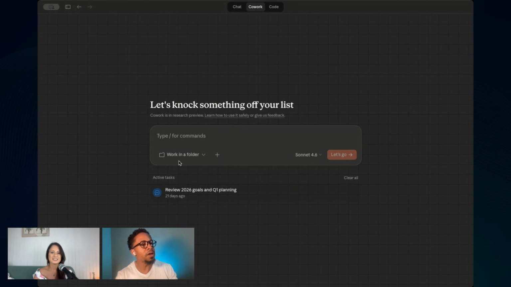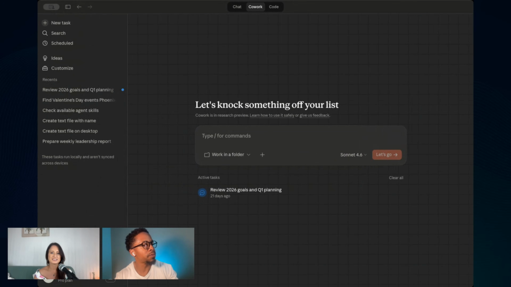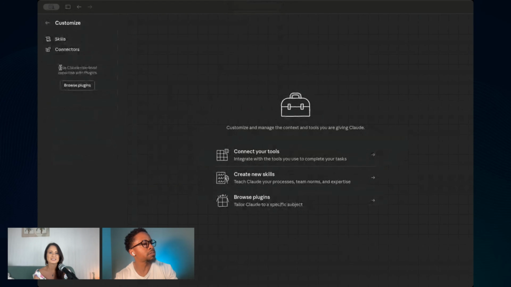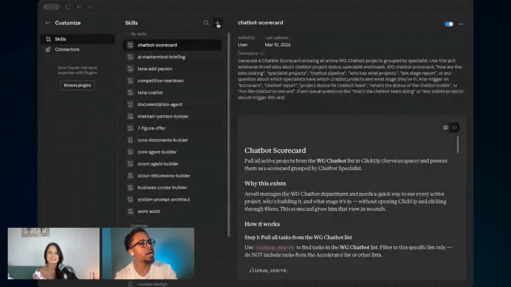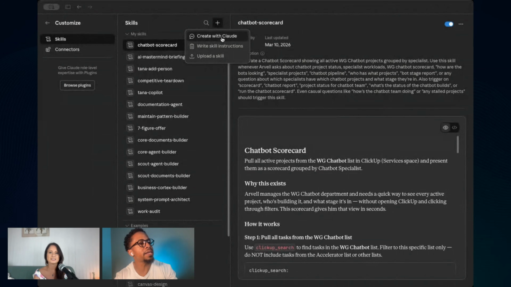So actually, we will go ahead and go to customize, skills, click the plus symbol, create a skill.